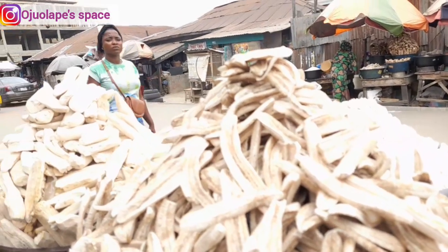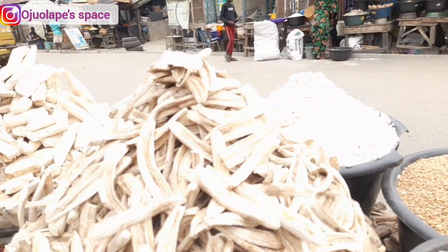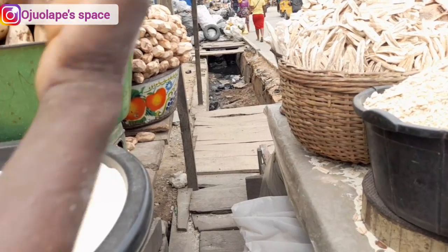One interesting thing about this market is not only yam flour you can start or buy, you also have your plantain flour, like I said before. Banana